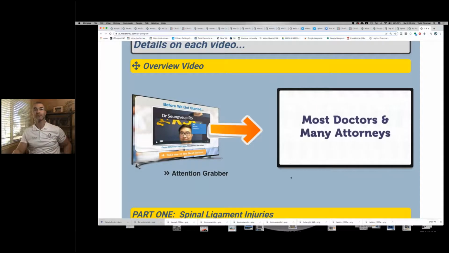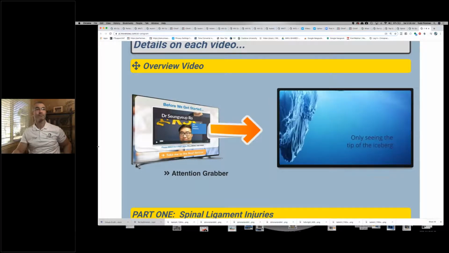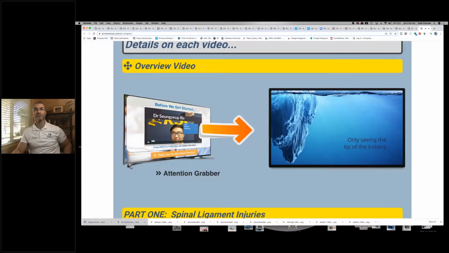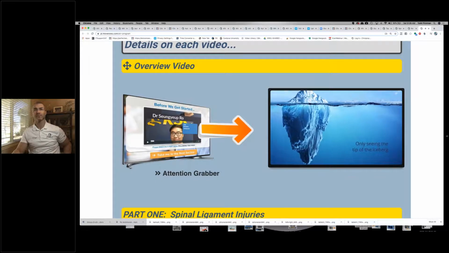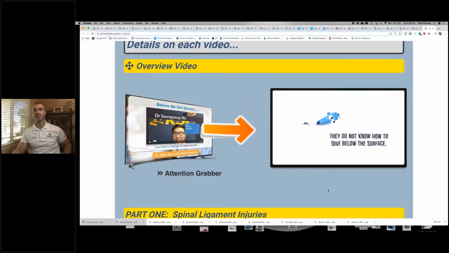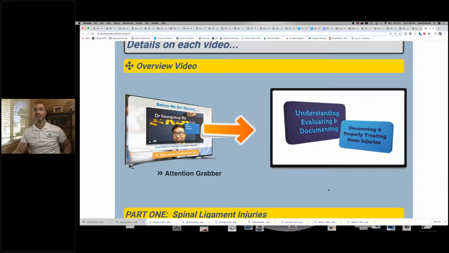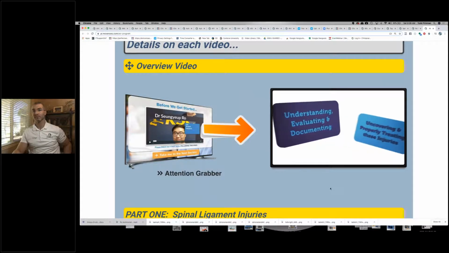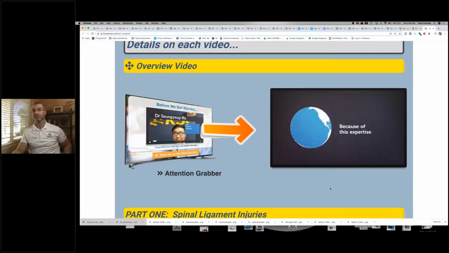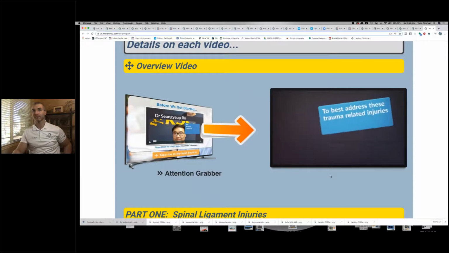The truth is, most doctors and many attorneys are only seeing the tip of the iceberg when it comes to treating and representing these personal injury cases because they do not know how to dive below the surface. Dr. Rowe has devoted his focus to fully understanding, evaluating, and documenting the full extent of uncovering and properly treating these injuries. Because of this expertise, healthcare professionals and patients alike trust this approach in order to best address these